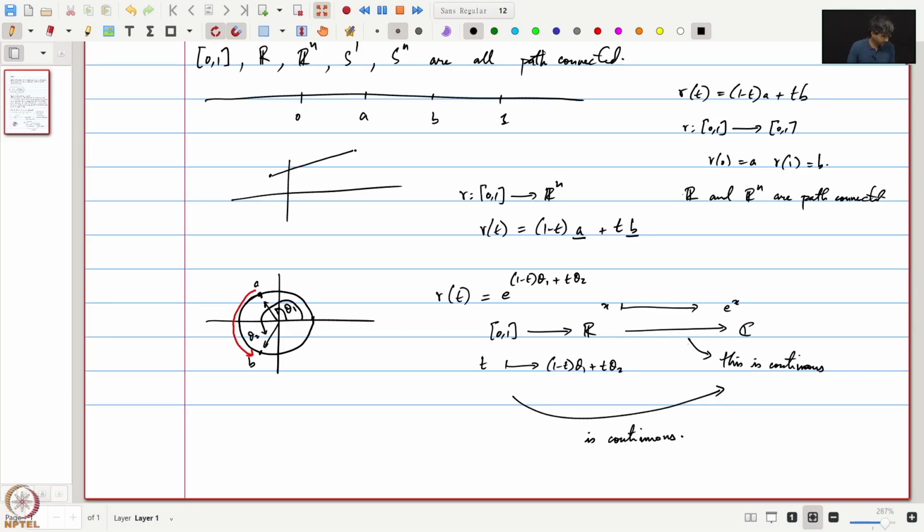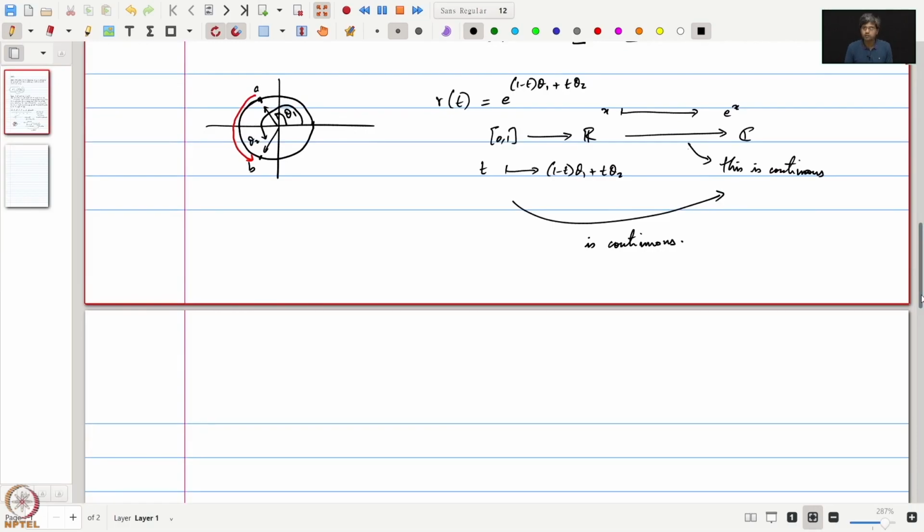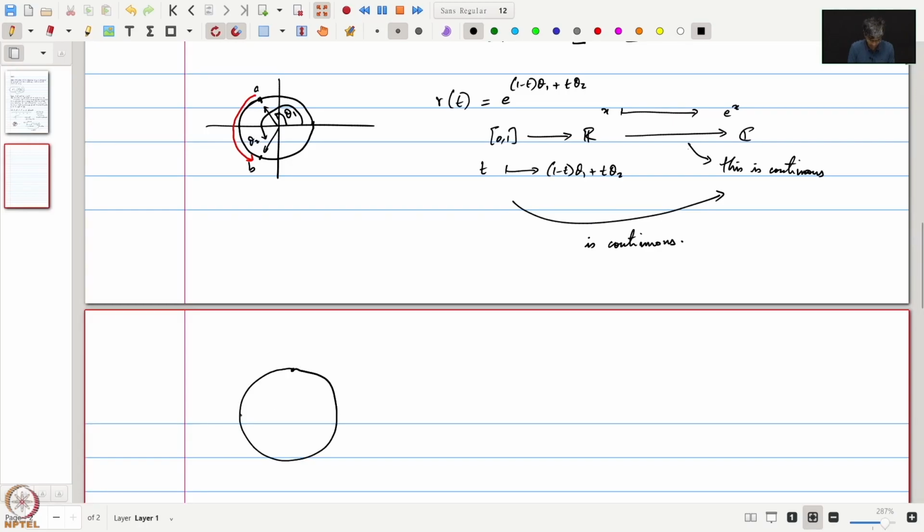Okay, so let's see the spheres. This is S1, but how about the higher spheres? Let's just do the example for S2. Let's say this is the equator. This is the north pole, so let's call it N. And this is the south pole, S. So if P is any point which is not equal to the south pole, then what we can do